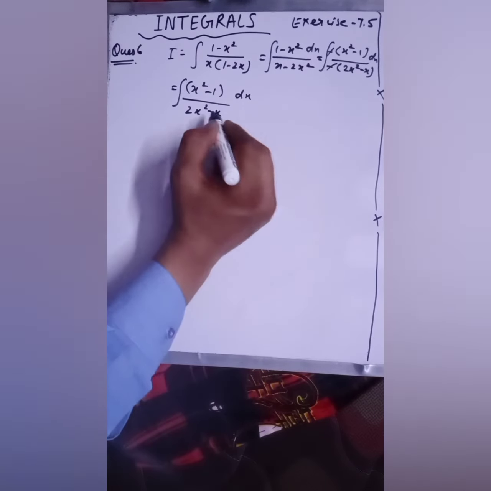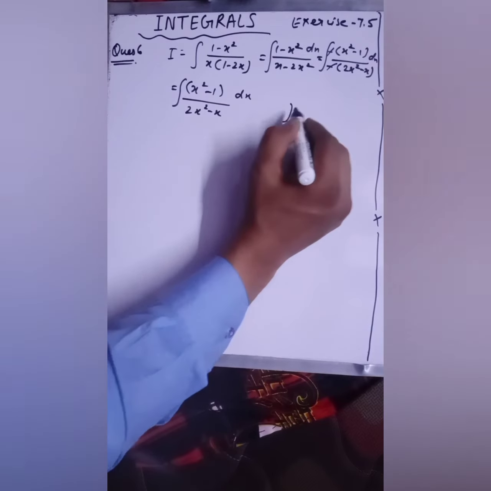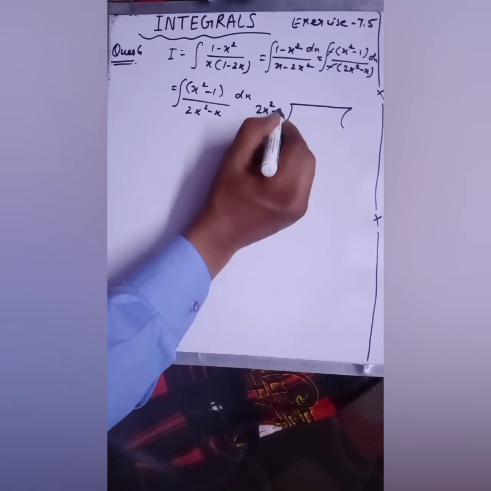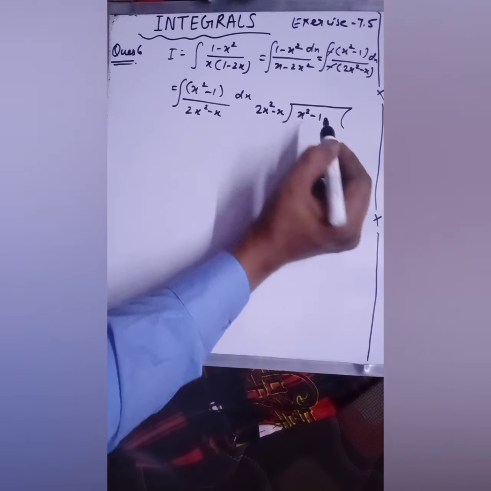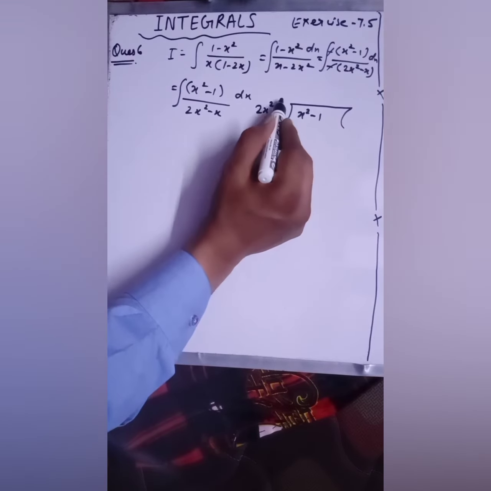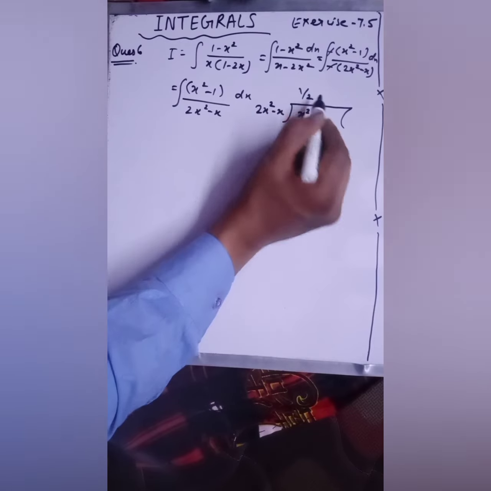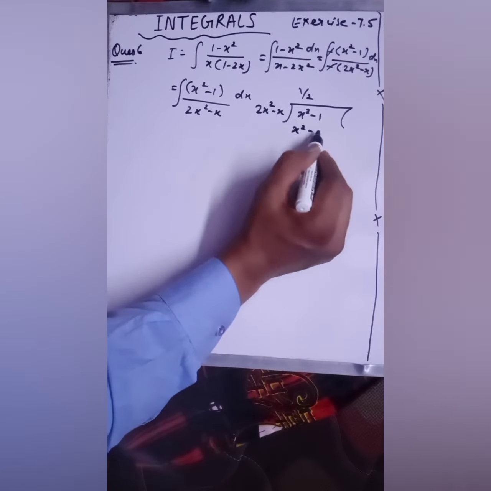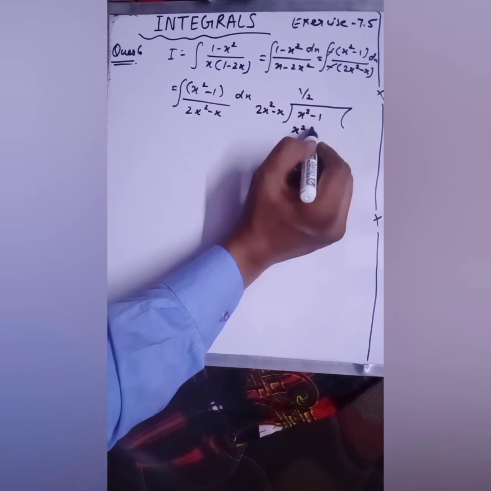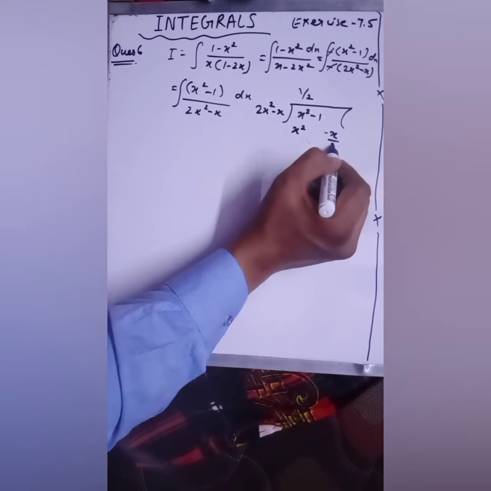So what you will do, you will divide these two. So here I am dividing by 2x square minus x. This will be outside and this will be inside, like this. You have to write like this here. Okay, so what you will do, you will multiply this by half. So you will get x square minus, because in the next step you will get x by 2. So you cannot write x by 2 in the denominator here, so you will write this x by 2.